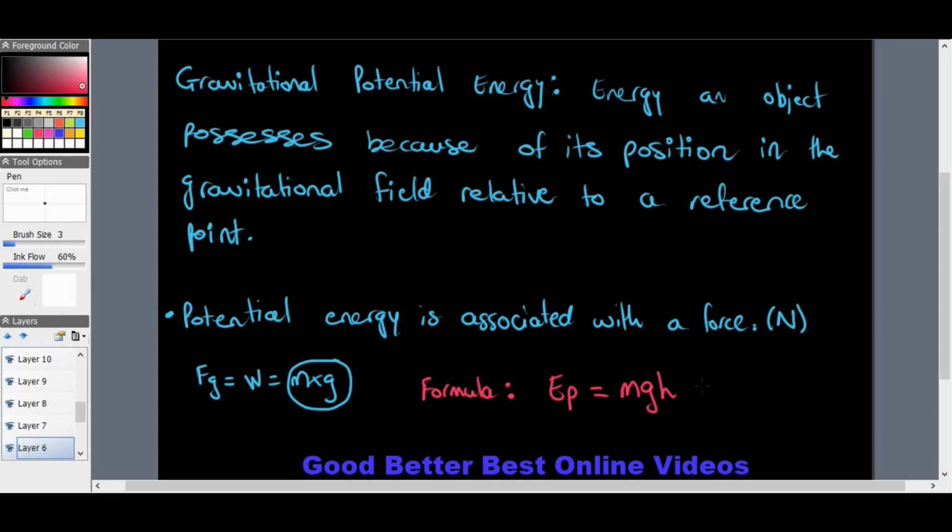If we take a look at an example, a rock that has an unknown mass m, in the gravitational field of Earth, has gravitational potential energy because of the force of gravity, which is just the first part of that formula, mass times gravity. The rock and the Earth will interact with each other, and we'll say that the rock has potential energy due to its position. So if a rock is on a cliff and the cliff is at least 200 meters above the ground or above sea level, picturing a cliff with ocean at the bottom, then of course